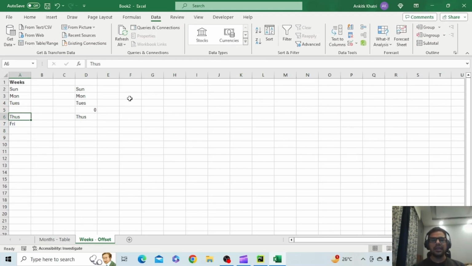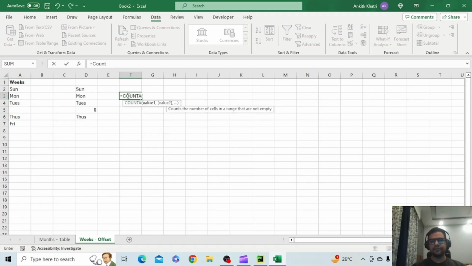The reason being, as I stated, the COUNTA function is not counting the blanks. It is counting only if there's any value within the cell. Even if I put a space there, it is a kind of value being entered, and it's not completely blank. And now if I show you this,